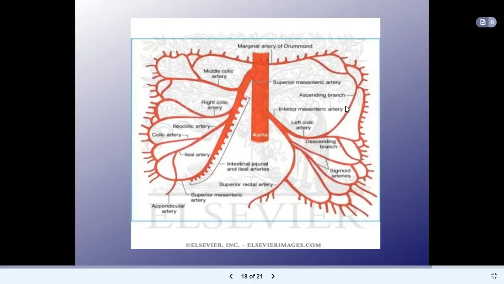Remember, the ascending branch of the left colic artery will supply the upper part of the descending colon, and then the distal 1/3 of